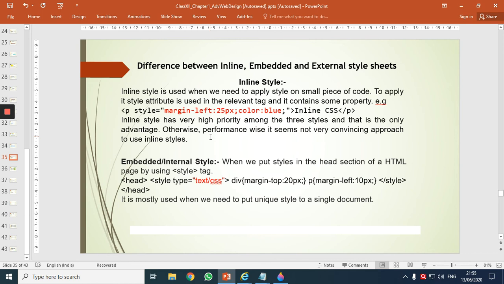Second is embedded or internal style. We will use a paired tag style in the head section. This style tag will have an attribute, type text/css. And as style is a paired tag, in between the paired tag, we will declare the CSS declaration or the CSS syntax, that is selector, property, value, correct?